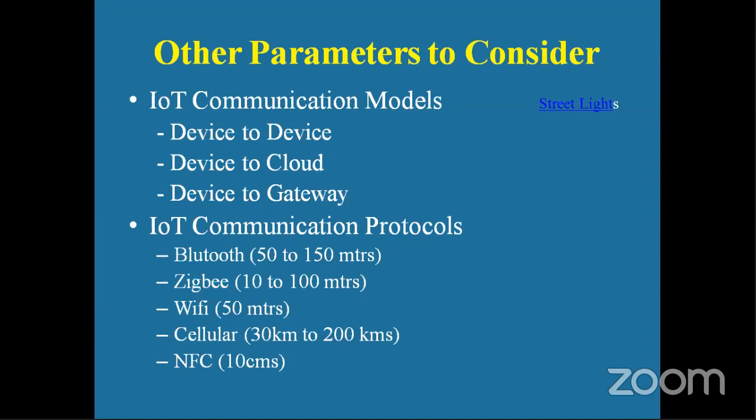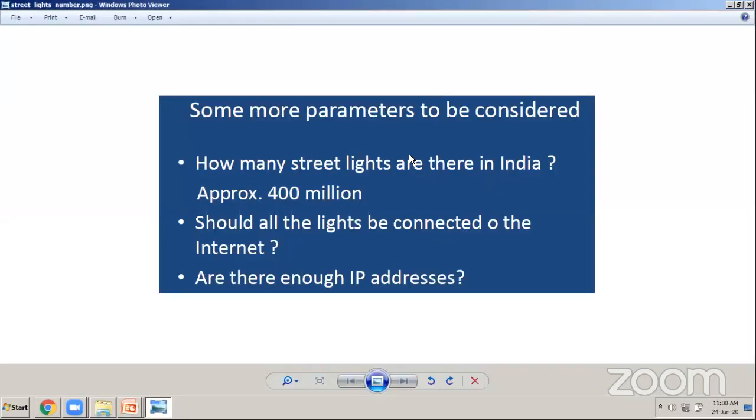Now the next is device to gateway. What is the meaning of device to gateway? Let me give you an example. I had downloaded one article somewhere back, and this is what it displayed. Here there is some fact. It is written that there are approximately 400 million street lights in India. We have 400 million street lights in India, which means